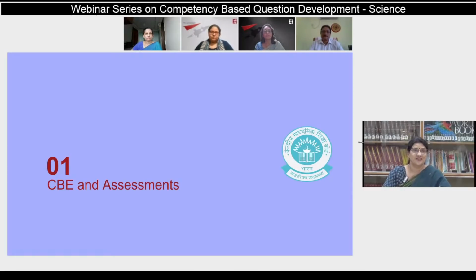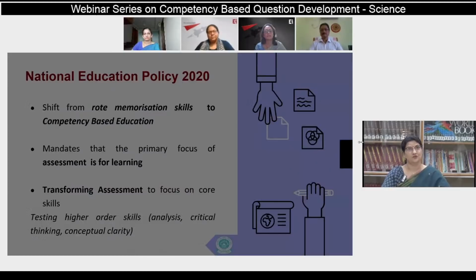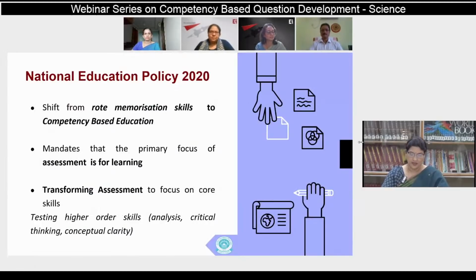So this is a process, a skill which one learns and hones over a period of time. It does not happen instantly. So I would like to encourage all the teachers and school heads who are joining us to look for opportunities where you can work in collaborative groups to develop questions and assessment items, and review them with each other. So, moving ahead to the next slide.